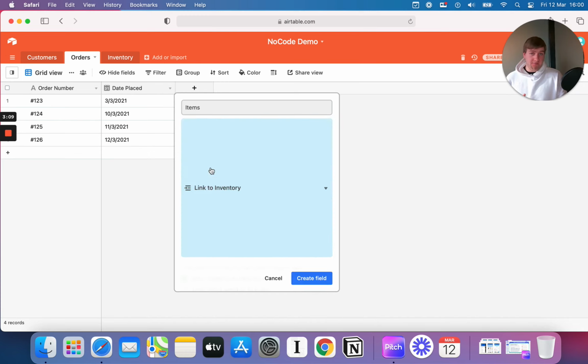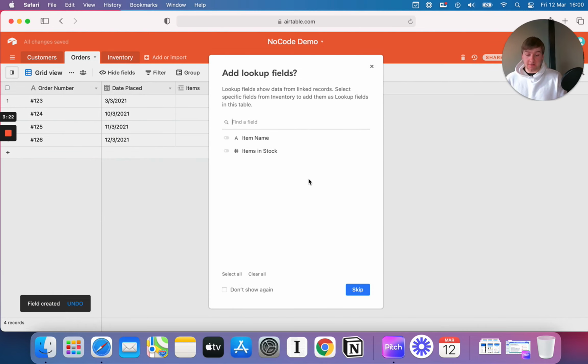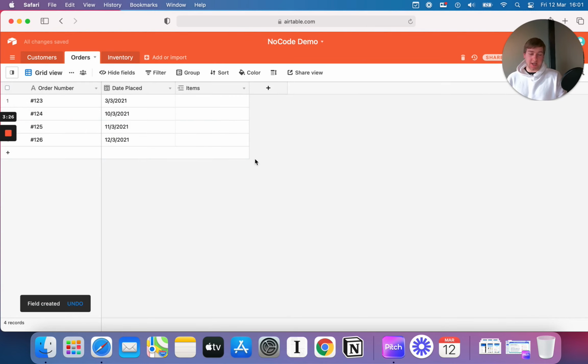We're going to start with inventory. And you'll see I've got this little option here, allow linking to multiple records. We'll come back to that in a wee minute, but it's a way to change the type of relationship you're creating. We're going to create the field, and we're immediately asked for lookup fields. Let's skip that, I'm going to come back to that as well. Immediately what happens here is we get this extra column for all of our records, and I'm able to now assign